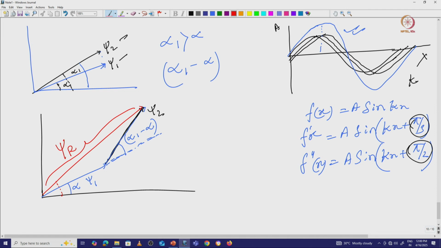So the take-home message is that this angle is very important. Even if there is no change in the amplitude, this angle will play a vital role, and it will help us to add these two vectors. This is one example of where we can add two vectors. Now let us look at another example, in another situation, of how we add those vectors. So here I am drawing and giving you a new page.